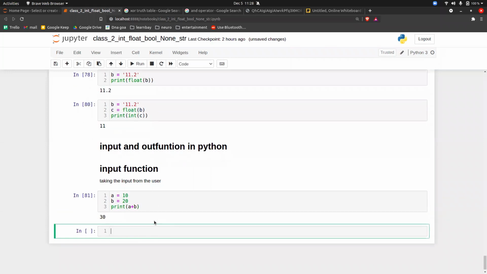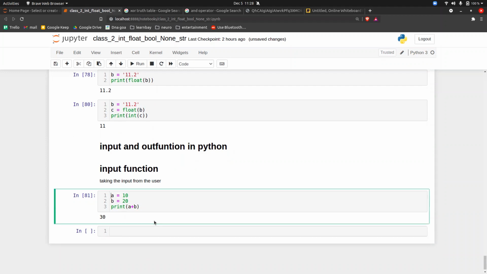But what if you want the values of A and B to be asked from the user? I should get a pop-up, please enter the value, and you should enter the value, and only then should you get the answer.